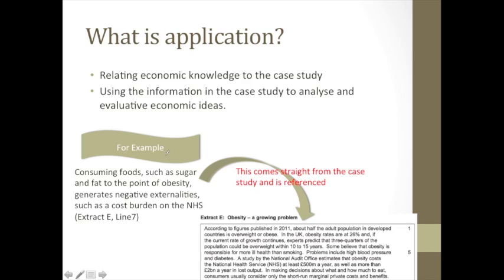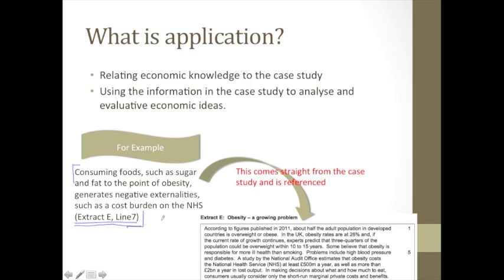Here I have an example for you. So I have a quick extract here from a 25 marker that's on our website. You can download it, have a read through it, but this is just a quick sentence I've taken from there to show you how to apply. So here we have, consuming foods such as sugar and fat to the point of obesity generates negative externalities such as a cost burden on the NHS. That is a simple point that I have made based on specific information from the case study I was given in that question. So here I've even referenced where it has come from,